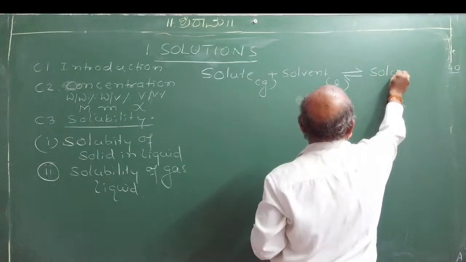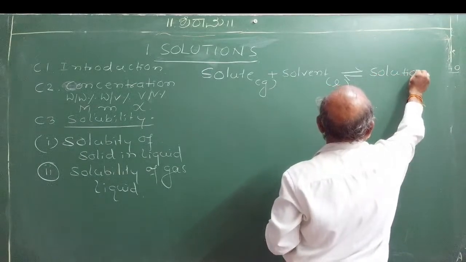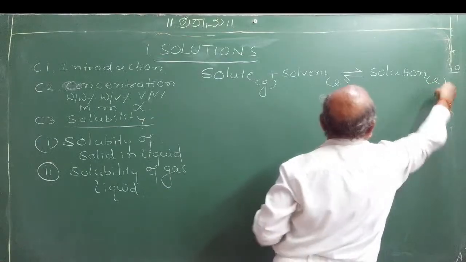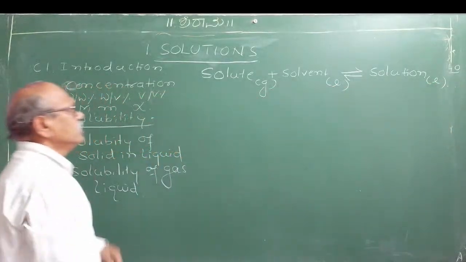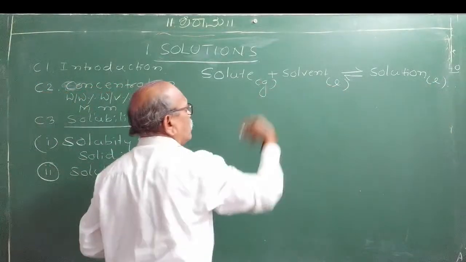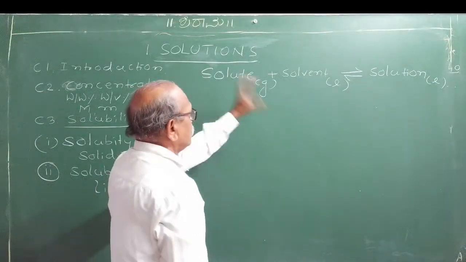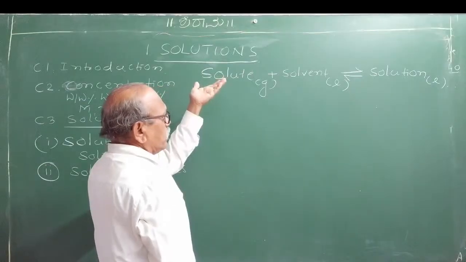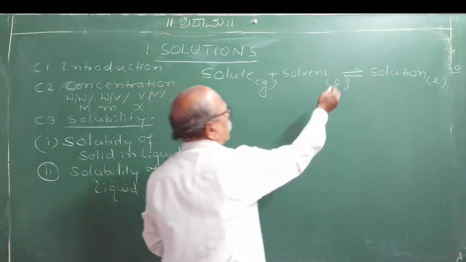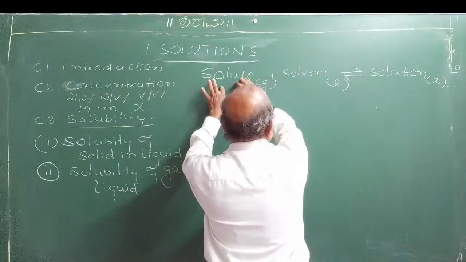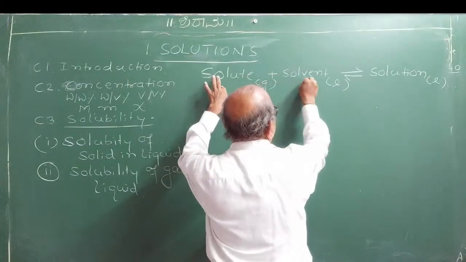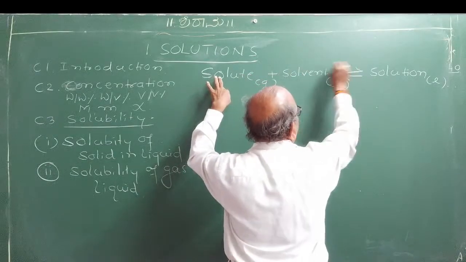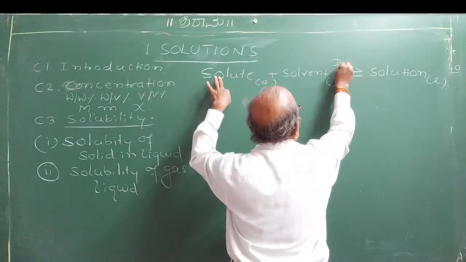A solution will be in the liquid state. See here. When a gas dissolves in water, it is like condensation. See, evaporation is endothermic, condensation is exothermic. Therefore, when a solute gas dissolves in water, this process is dissolution